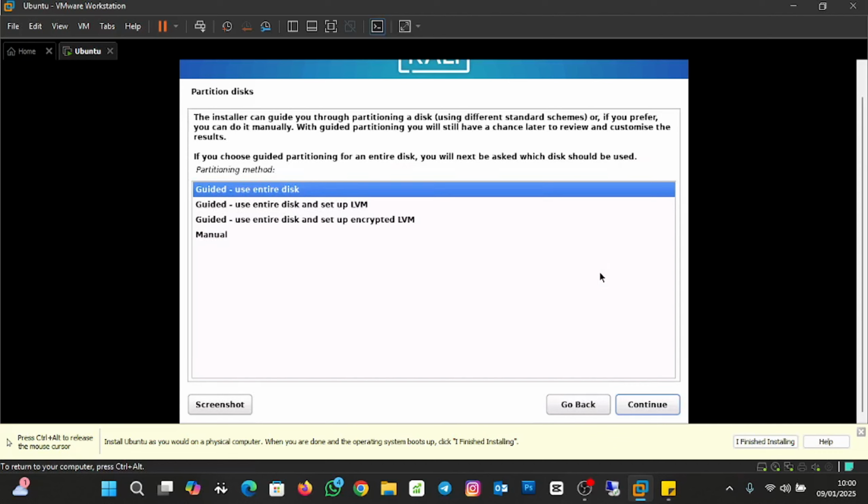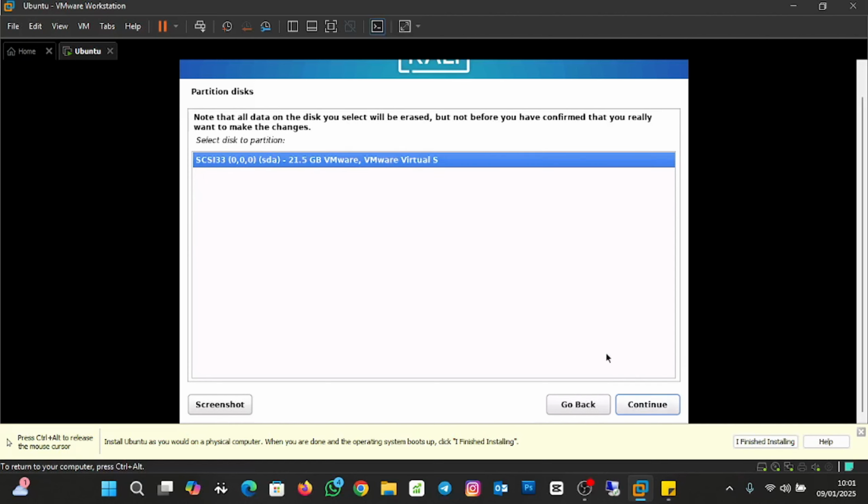Here, do you want to use the entire disk, or use entire disk and set up LVM, or use entire disk and set up encrypted LVM, or manual? We want to use the entire disk for the purpose of this tutorial. So I'll click on continue. I'll leave the default and click on continue, and then continue again. This is the size of my allocated disk space for my VMware. So I'll click on continue,